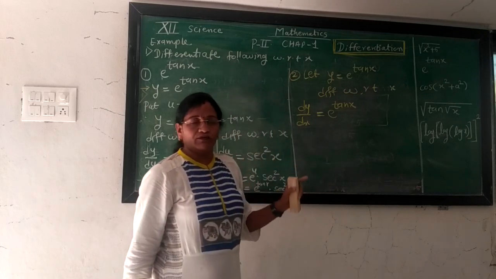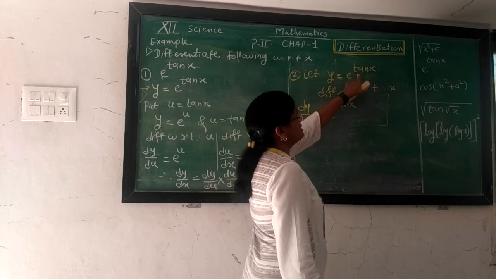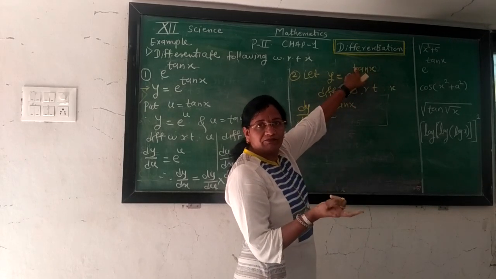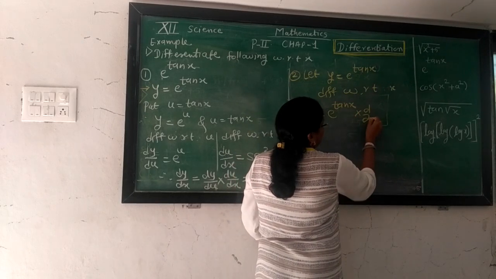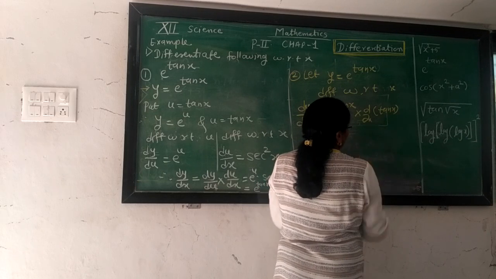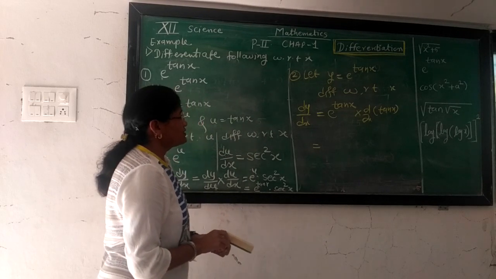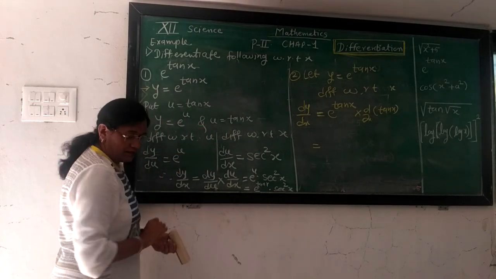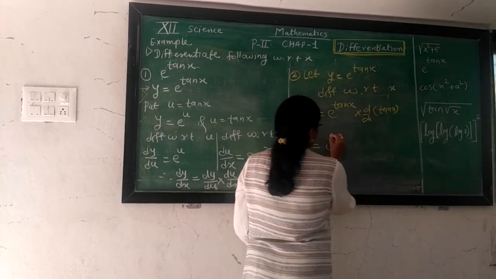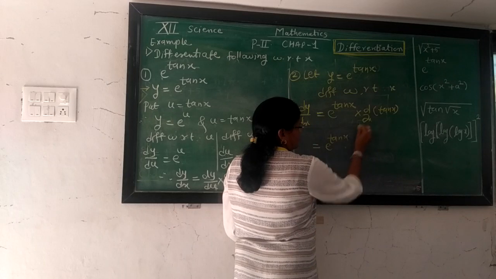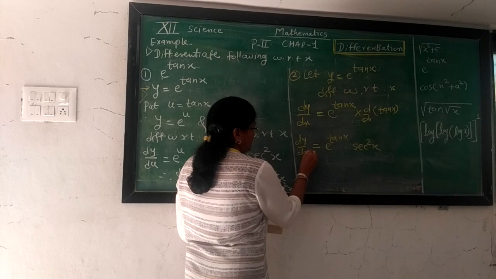Once you find the derivative of e raised to something, after this we take its power, instead of x, that power can be replaced by a function. So we find the derivative of tan x as multiplied by d by dx of tan x. So the derivative of tan x, you get the final answer here: as the function is e raised to tan x, multiplied by d by dx of tan x. So we take that function e raised to tan x, and the derivative of tan x is sec square x.